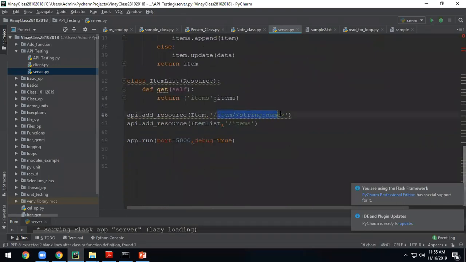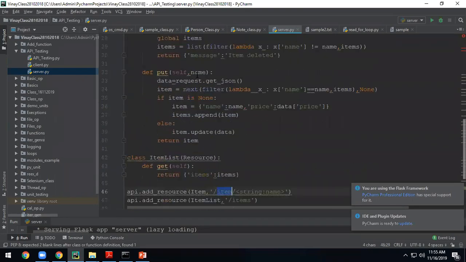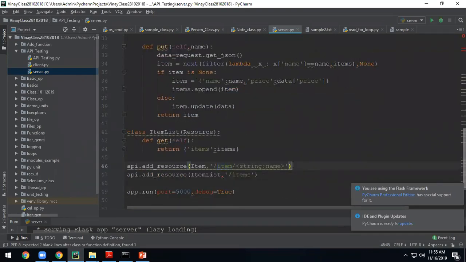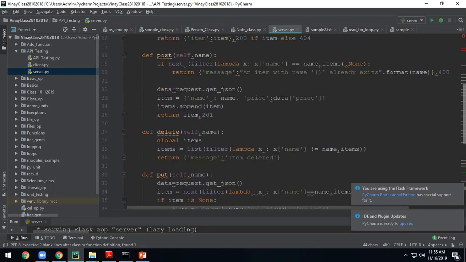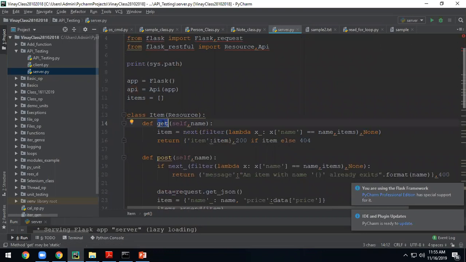This is an endpoint now: items, and you have to give a name. Say the name can be table, chair, something like that. It's a variable or a resource name you are giving here. So I'm saying item dot chair on the client side. The client side means the web side. On the client side, I will show you how to call this. Now, when you call a get method on this endpoint with some specific item, you will come to a get method here. That is how it is linked.